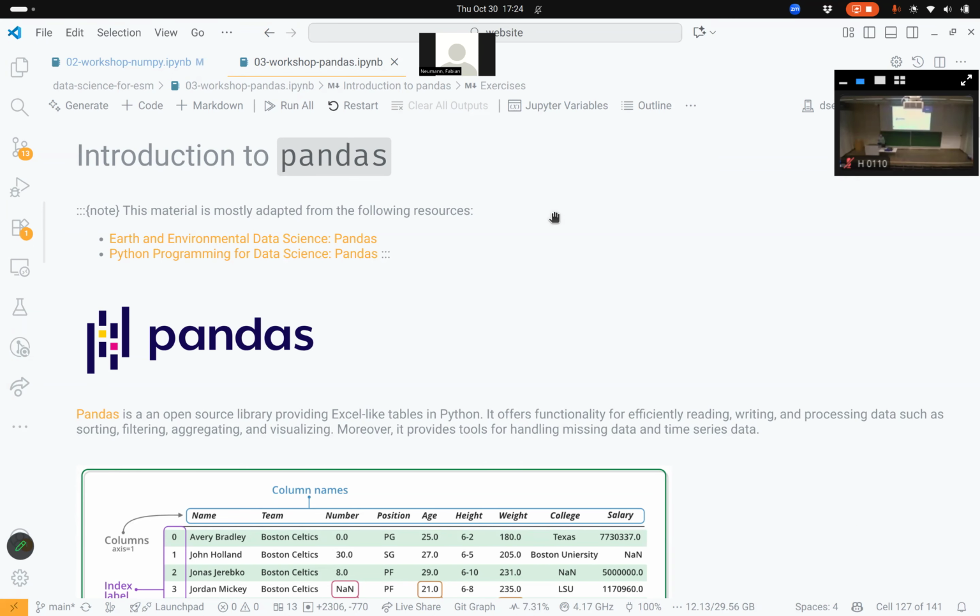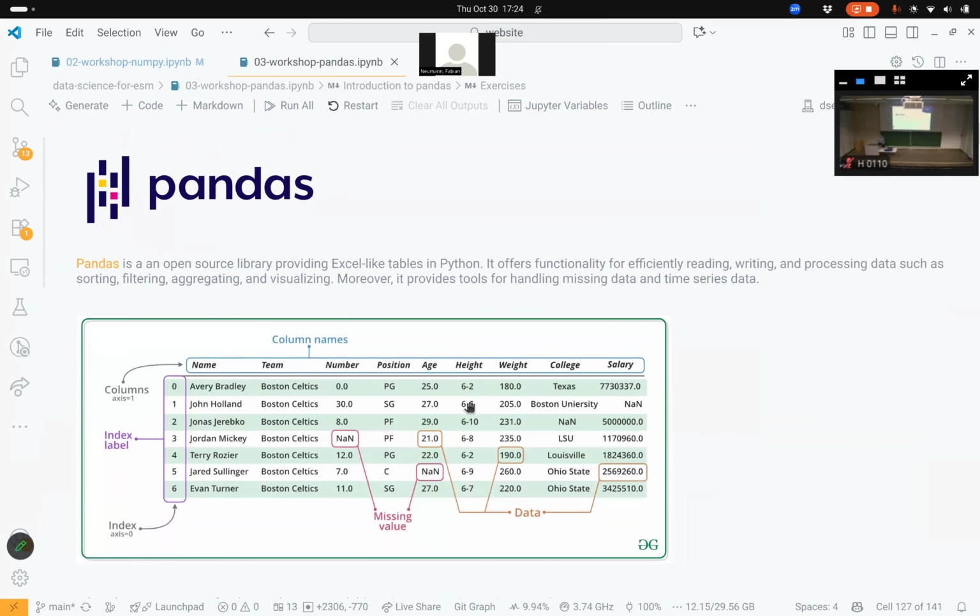Now what's left to do for today is to look into pandas. And pandas is basically the library in Python that gives you Excel-like functionality, working with tables, reading tables, writing tables, processing data, doing things like sorting data, filtering data, aggregating data, and ultimately also visualizing in combination with matplotlib or